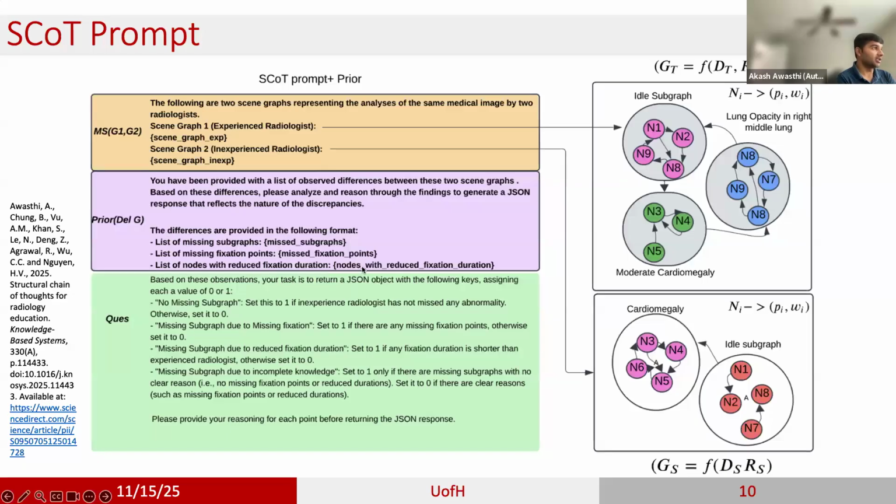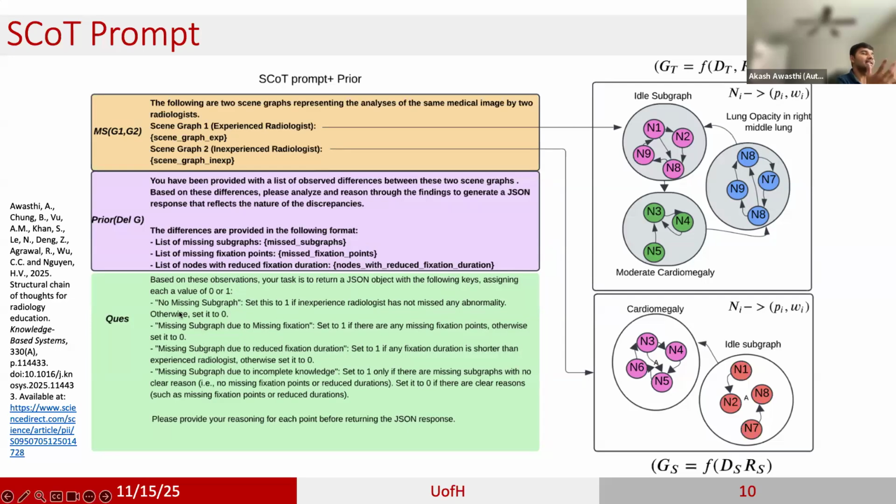These are the priors we generated from the structure using the structure discrepancy operator, which is nothing but taking the difference of these two subgraphs to tell if any subgraph is missing in the student data, and if there is, what fixation points are missing. So it's just a graph difference operator, and we infuse it all, and then we ask a question based on these observations, and your task is to return a JSON object with the following